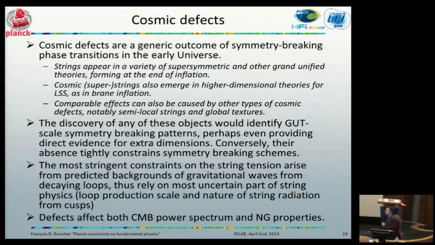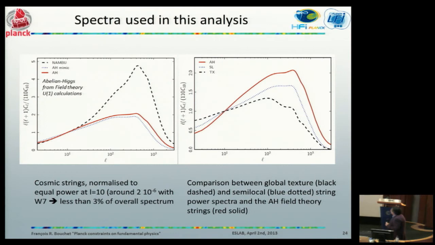Now, strings, or, more generally speaking, defects, affect both the power spectrum and the non-Gaussian properties. There are still some difficulties in making absolutely precise predictions about the power spectrum from strings, and this has to do with the complexity of the calculation. There are two types of calculation, and they correspond to including or not some radiative effects. So we've decided to show all of them essentially. And so here are three types of angular power spectrum from strings that will be an additional contribution to the adiabatic one.